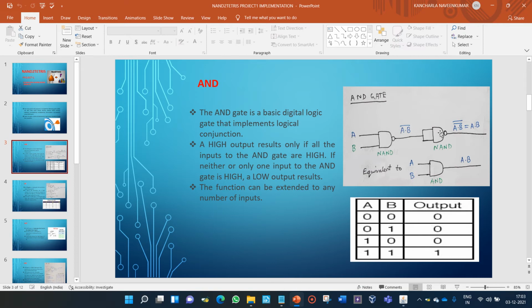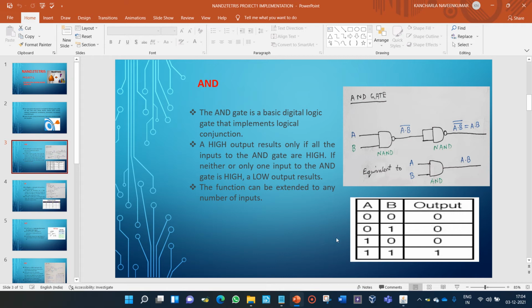Any gate can be implemented using universal gates. This is also a point you need to remember. Any gate, like AND or XOR, can be implemented using universal gates. What are the universal gates? NAND, NOR, and NOT. These three gates. Using these three, you can implement any other gate. So you see, one input is A, and the other input is B. The resultant output is A times B. That is the same function as the AND gate. So both are the same.